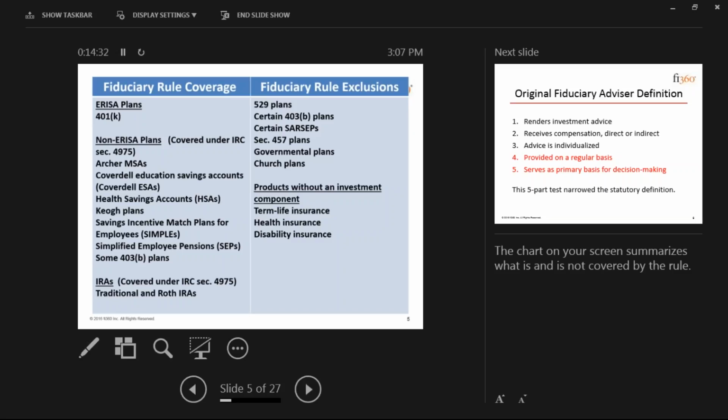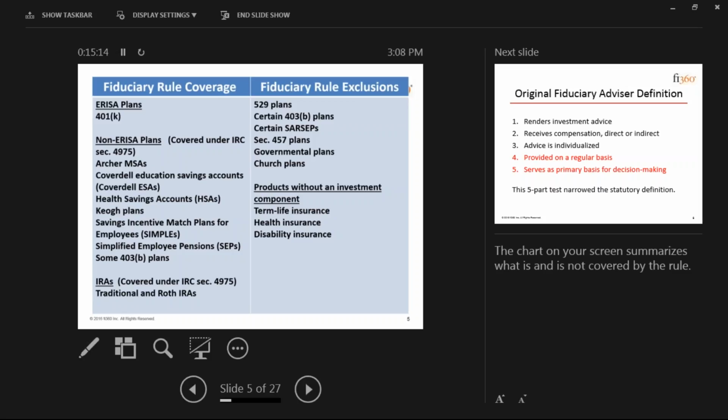I'm not going to go into all the details on this slide that I have here in front of you, but I did want to give you a sense of those types of plans or portfolios that are covered by the rule and those that are not. So in general, you can see the 401k ERISA plans are clearly covered. There is a large list of non-ERISA plans covered as well, and they're covered under IRS code section 4975. Your MSAs, your covered ESAs, your health savings accounts. There are investments in the health savings account, so they will be covered by the new rule,